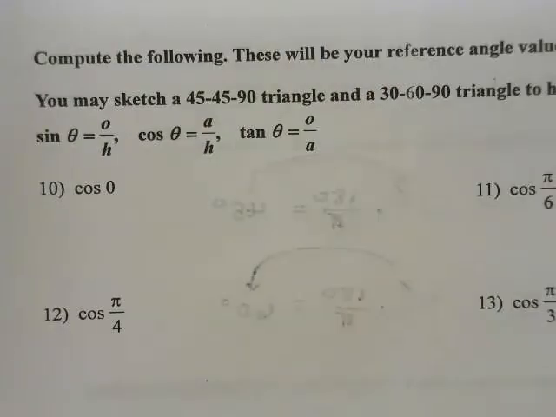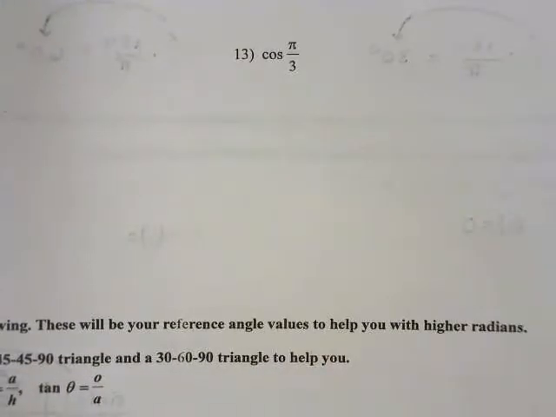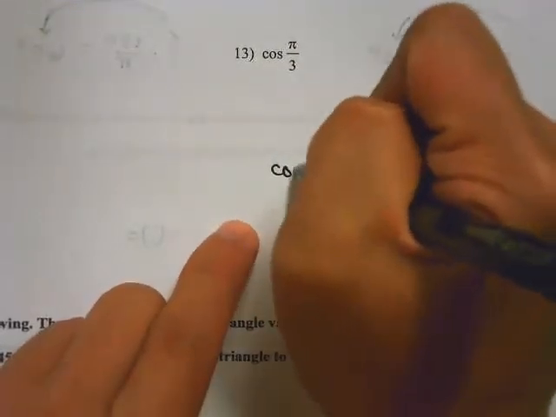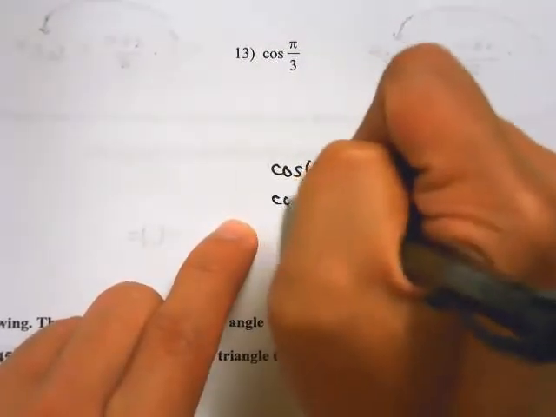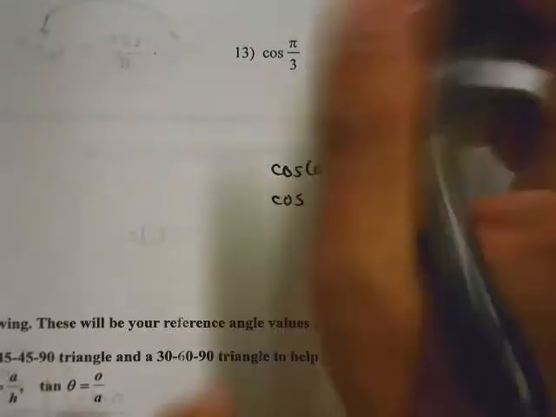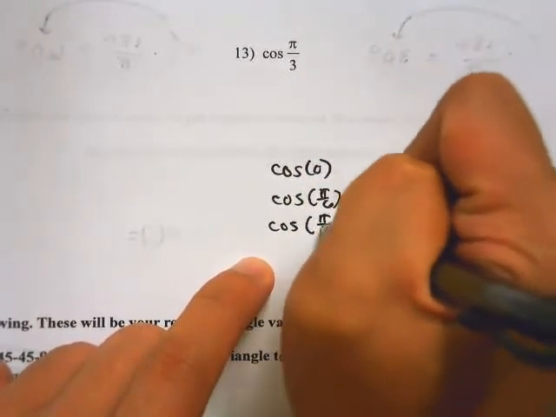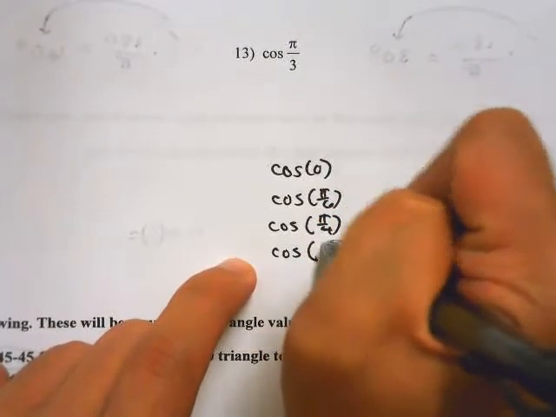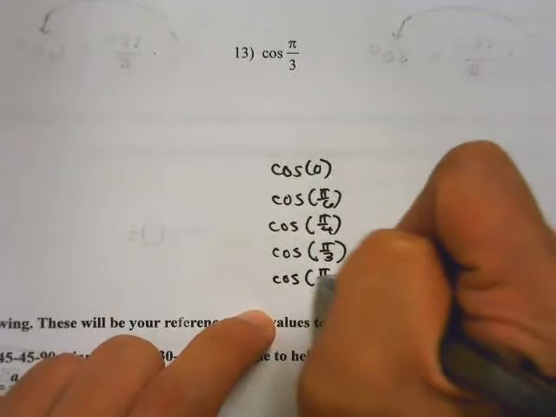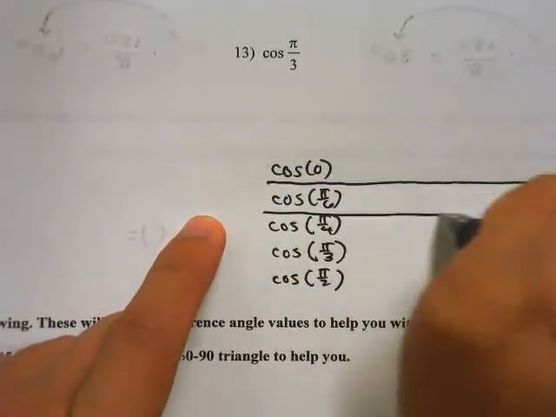Cosine, I also want to show you that same chart, and then you guys can fill in numbers 10 all the way to 14, even though I think I'm already filling it up for you. So I think I'm going to do the same thing. Cosine of 0. Cosine of pi over 6. Cosine of pi over 4. Cosine of pi over 3. And then cosine of pi over 2, or 90 degrees. So let's just make that chart, and then maybe I can show you guys